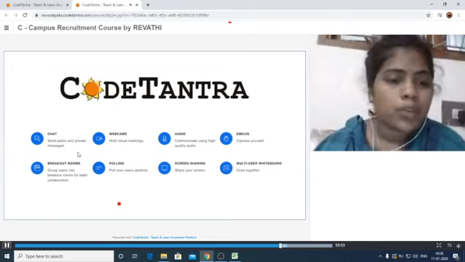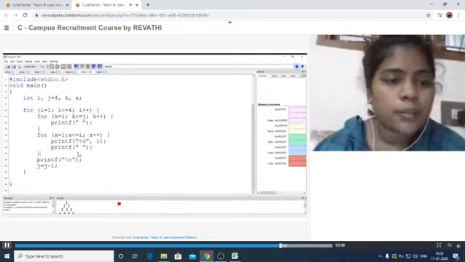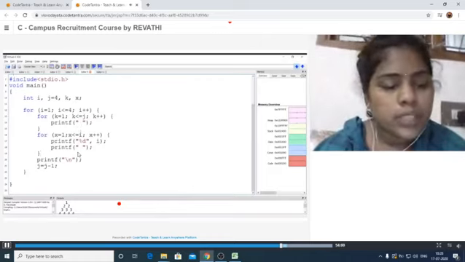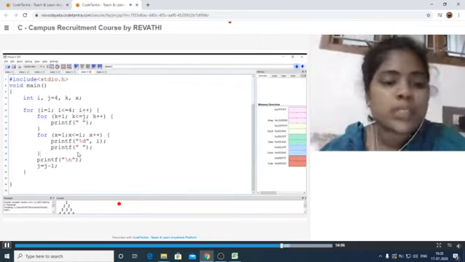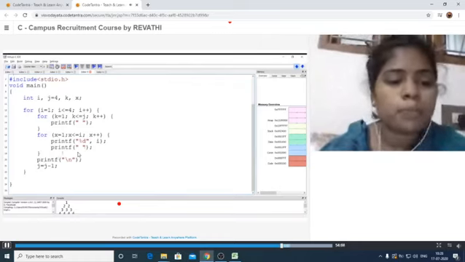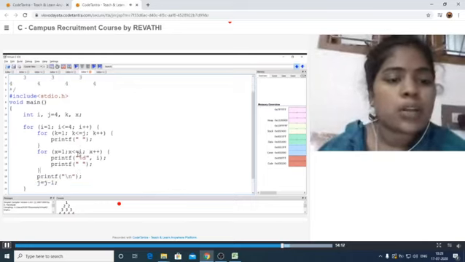This is the logic used for printing the Pascal triangle. For k equal to 1, one loop is for printing spaces and another loop is for printing the value. After printing, we also have to print the spaces here, and for that we have to take another print. Like that, every time we have to decrement the j value. This is the logic used for printing the Pascal triangle.